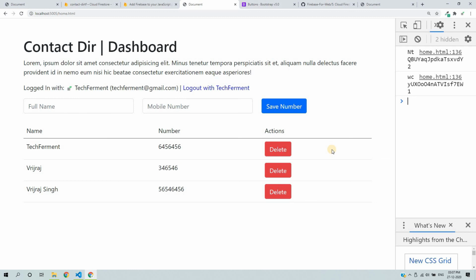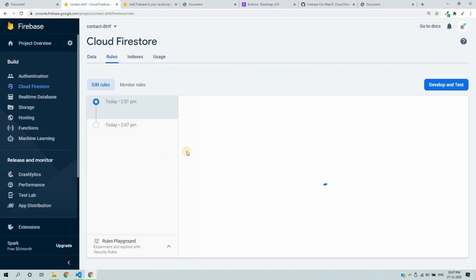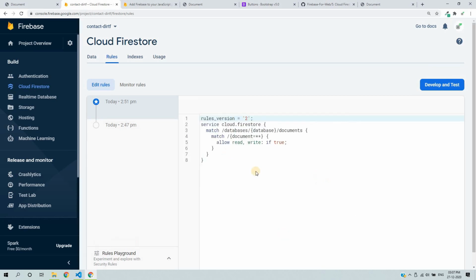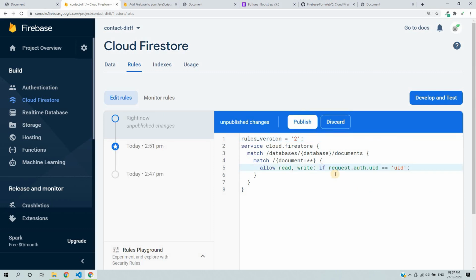Now I need to secure this application as per the database rules. If I go to the database rules, anyone can read and write the data. So we can change the logic. You can update the database rules like: if request.auth.uid is equal to the user ID, because after Firebase authentication you will get the user ID.